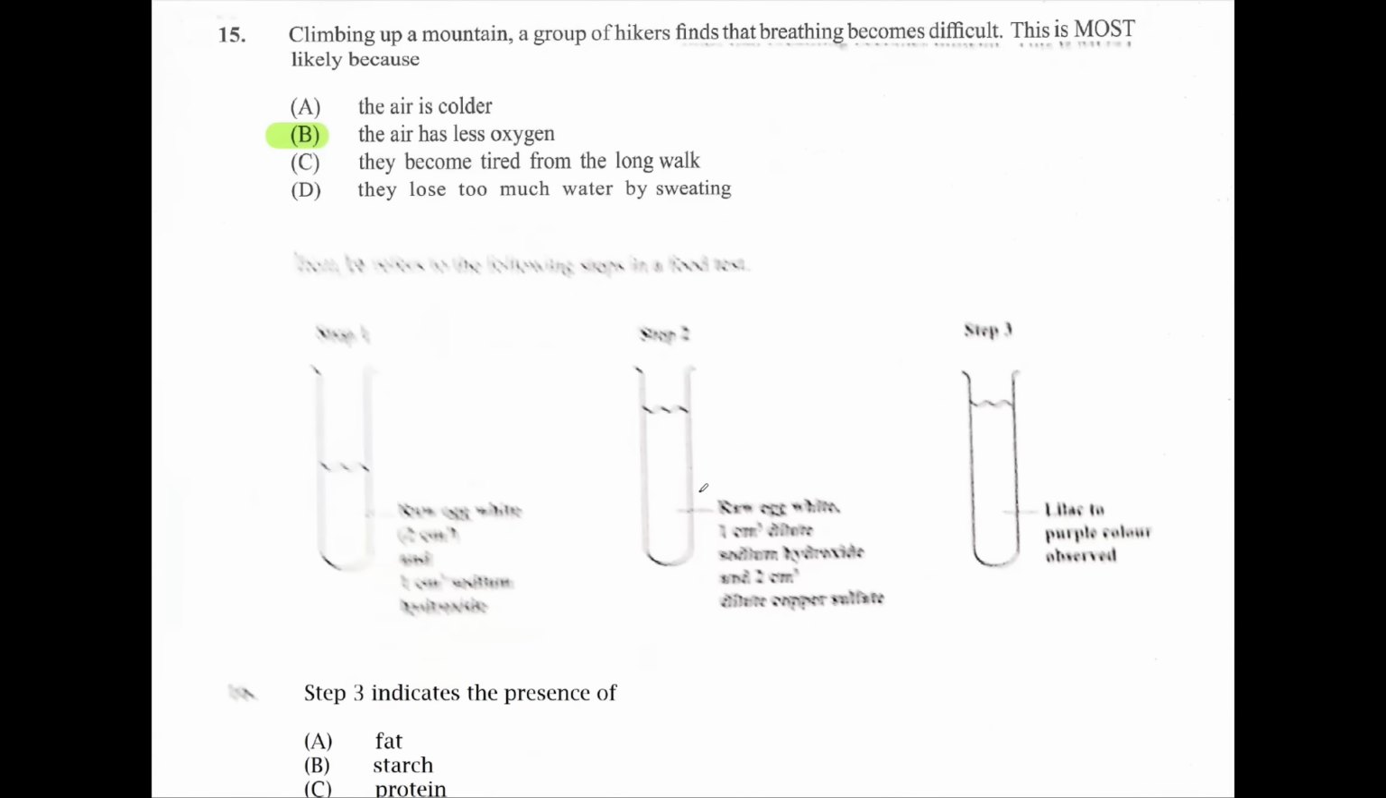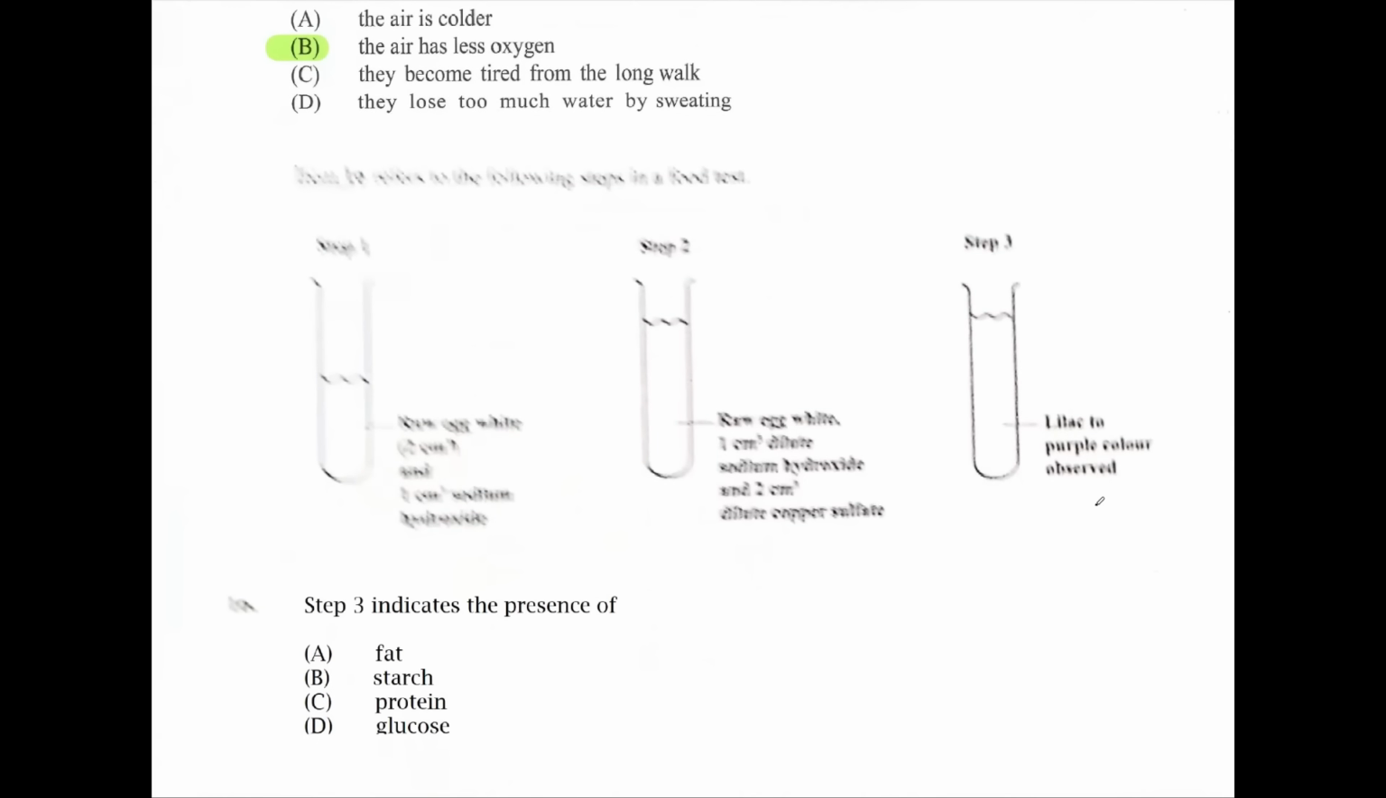Question 16, not the best visibility, but the mere fact that we see this lilac to purple color observed here already tells us that this is a protein test or biuret test. So step 3 indicates the presence of protein. It's positive for protein, and this is dilute copper sulfate. So if we know the food test with the sodium hydroxide as well, that already tells us